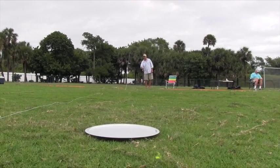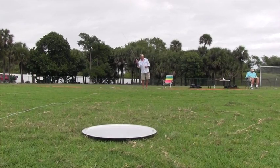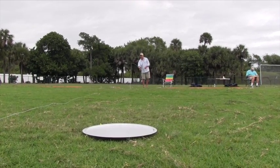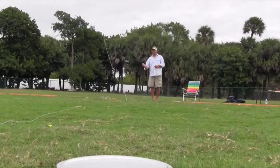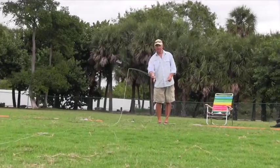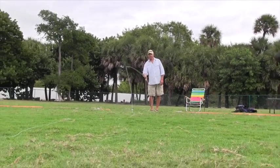He ate it. That's pretty accurate though. I mean, any fish would have eaten any one of those. Those are all, we're aiming at, what, a 15-inch target. We're hitting